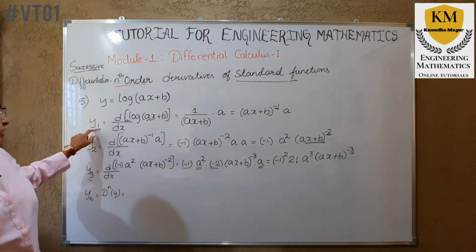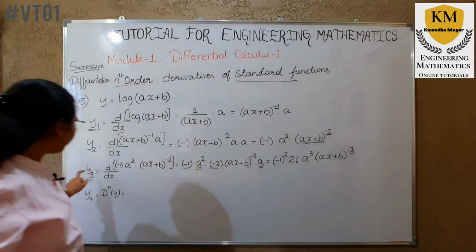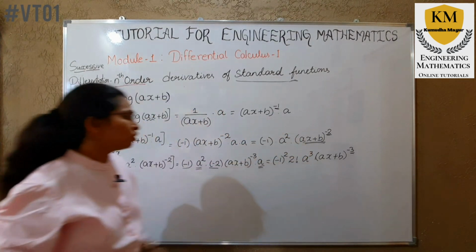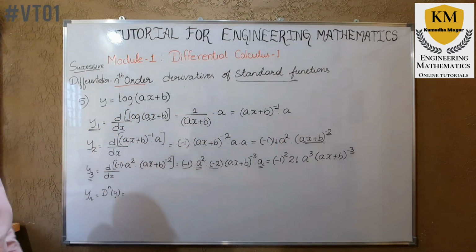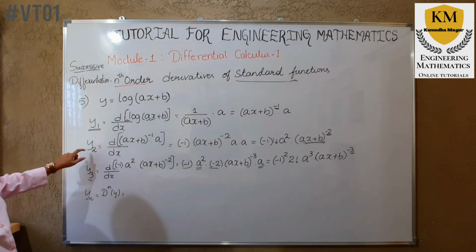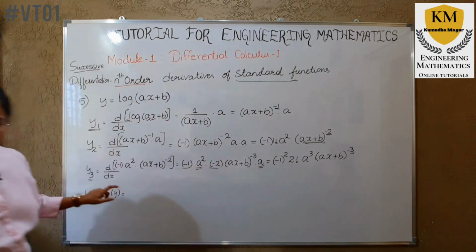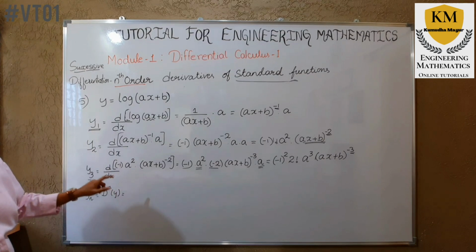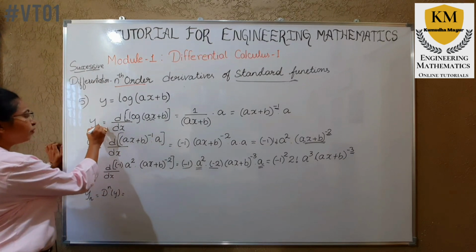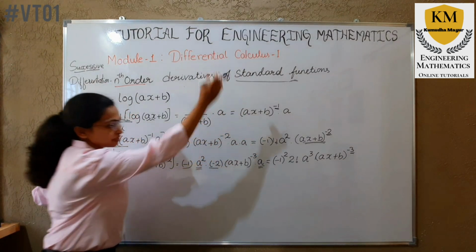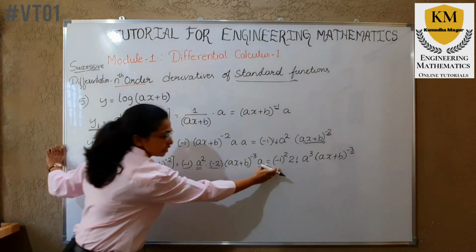Now order is 1, power of a is 1. Order is 2, power of a is 2. Order is 3, power of a is 3. So here you can write this as 1 factorial, because 1 into any number gives you the same value. See, order is 2, factorial is 1. Order is 3, factorial is 2. So if order is n, you have to write n minus 1 factorial. Here you observe, first order, minus 1 is not there, the power is 0. Second order, minus 1 is there, the power is 1. Third order, minus 1 is there and its power is 2.